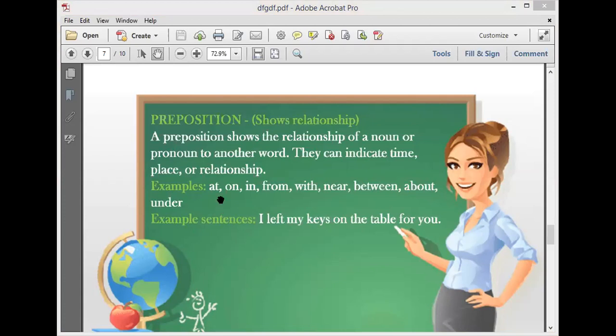Examples of prepositions, you can find them here: at, on, in. And in a sentence, for example, I left my keys on the table for you. Where are the prepositions? On and for, right? So let's move to another one,